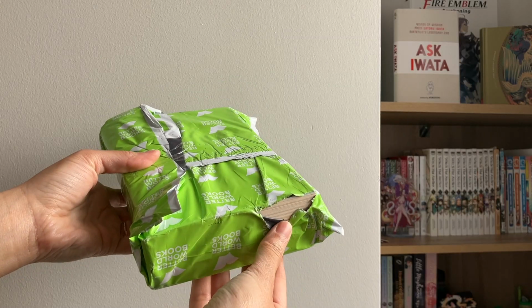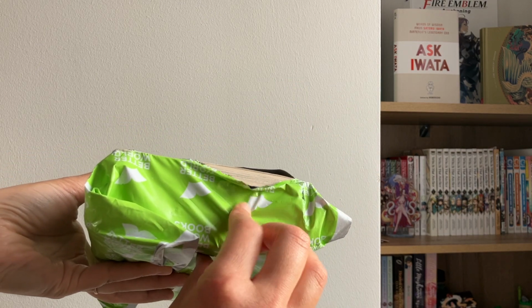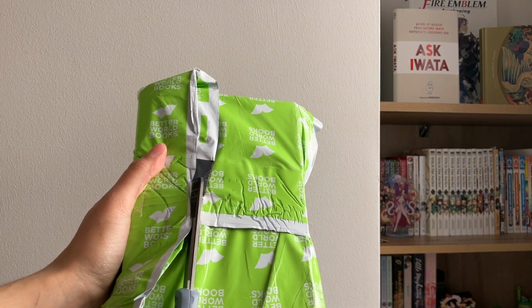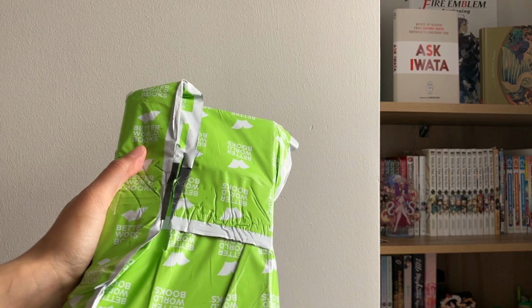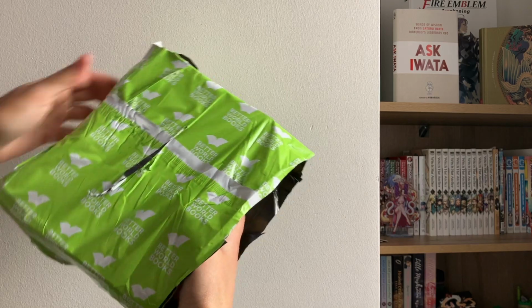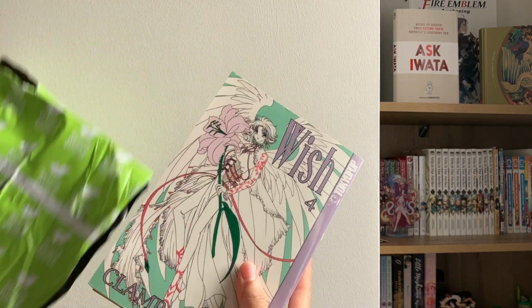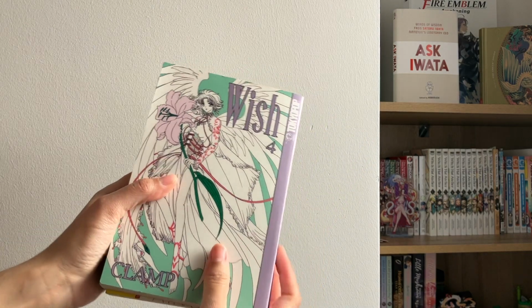And of course, I got more manga online. The package, however, was ripped when it came to me, and I was nervous that the volumes were going to be all messed up. But thankfully, the volumes were not damaged, which I was really happy about. And I got some volumes from the series Wish by Clamp. I got volume 4,